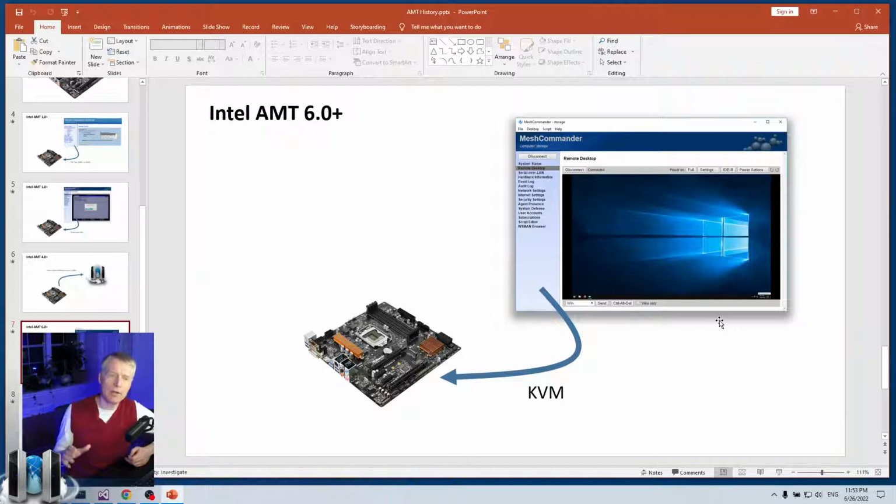AMT so far does not allow you to view all monitors at the same time. So if you have 3 different monitors showing 3 different images, you can't see all 3 monitors at the same time on the remote machine. AMT can only grab one of the 3 monitors at any given time. So usually you have a switch at the bottom of Mesh Commander here or MeshCentral, and it allows you to pick which screen. So anyway, AMT 6, I think that's one of the most pivotal points, is really the addition